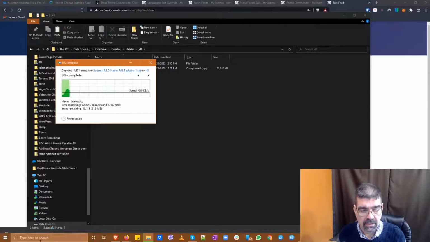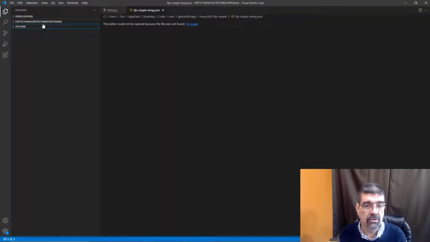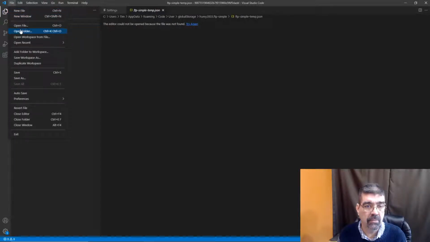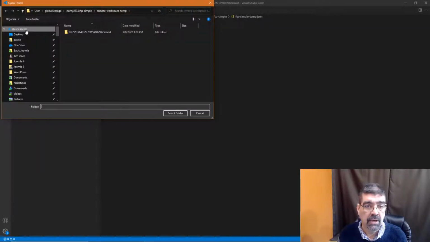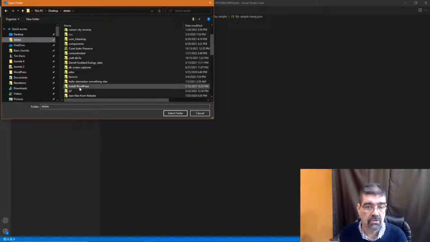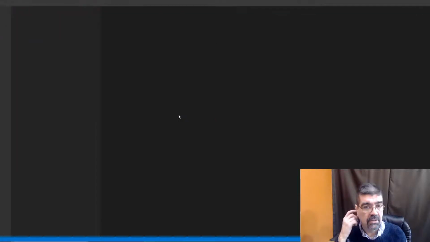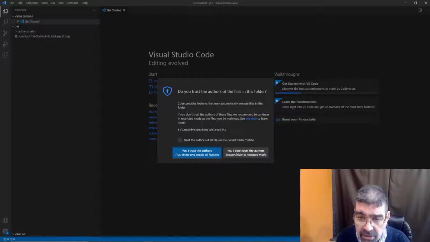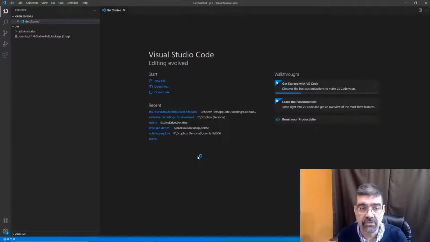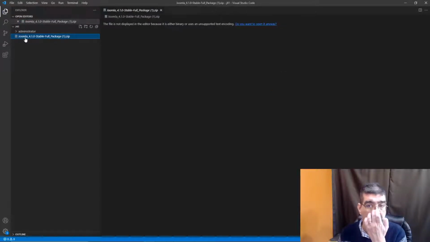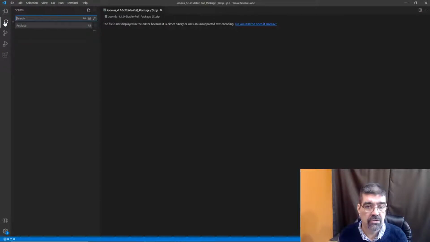So what I'm doing here is I'm going to get Visual Studio, and I'm going to go File and Open a Folder. And I want to go to delete, and I want to go to J4, and I'm going to select this folder here. So that will, do I trust the authors? Yes, I trust the authors. Of course I do. All right, so this is going to, okay, so I can't view the zip file, but I can start to search in here. And I can search for,